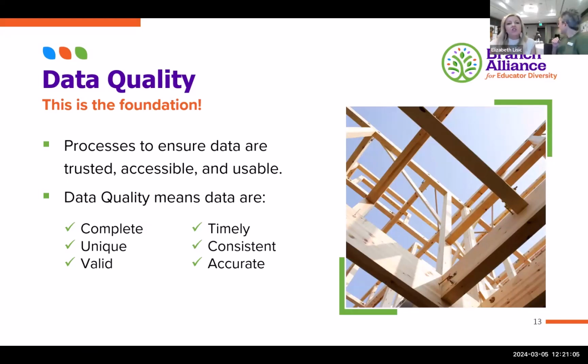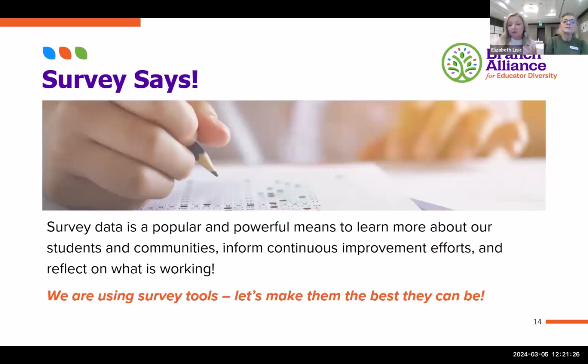So if you think about that, we had that big framework, we narrowed that down into the data empowerment strand, and then within that, the indicators of data empowerment, looking at data quality, because what we know is that when we're talking today about surveys, in many ways surveys are a really powerful way that we are already using to gather and collect data, right?